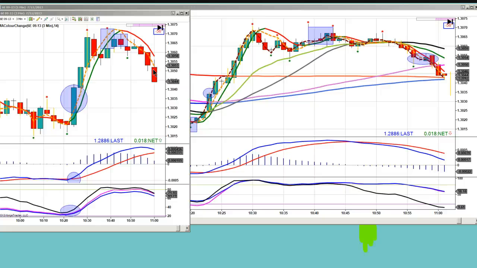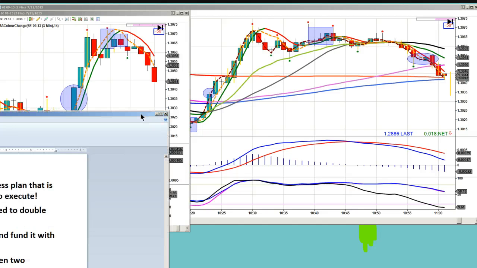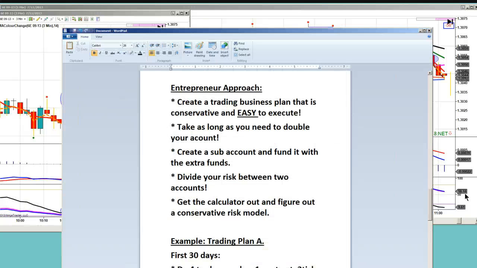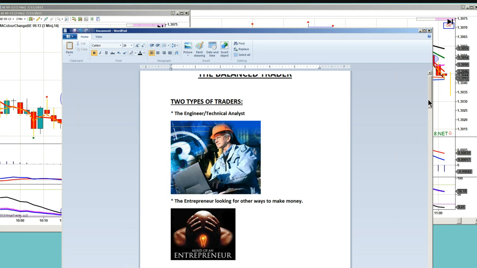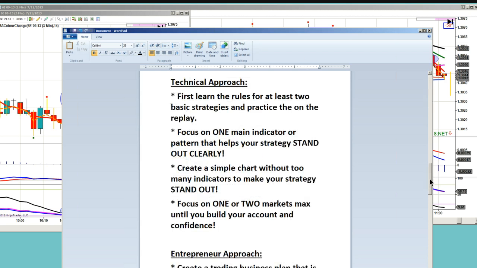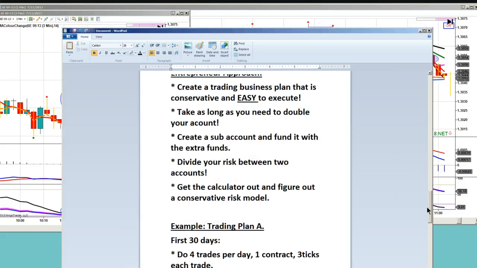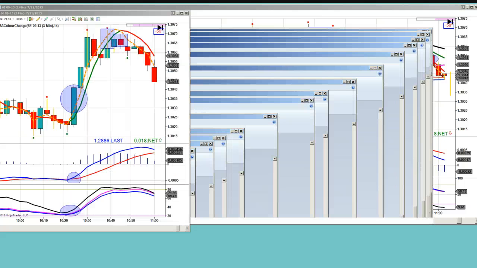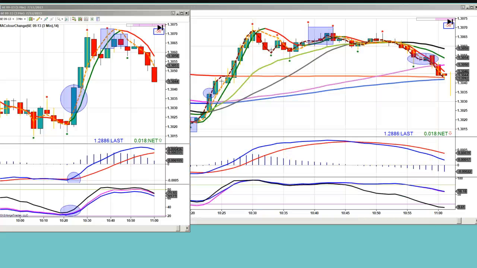It's only when you lose control and you start looking at too many indicators, you're too much of a technical analyst, grabbing everything, or you're too much of an entrepreneur trying to make lots of money by doing too many trades, too many contracts, then you will lose. Is that clear? Businesses don't have perfectly profitable days every day. Good point. You're in it for the long term.